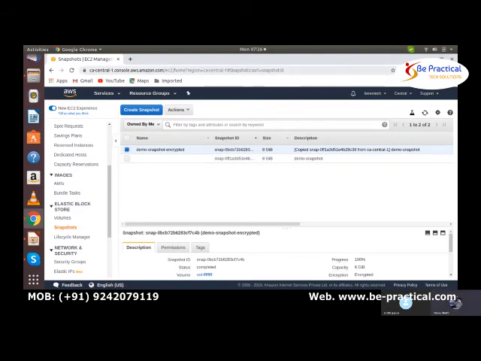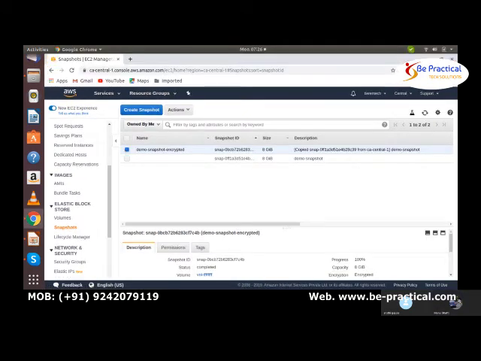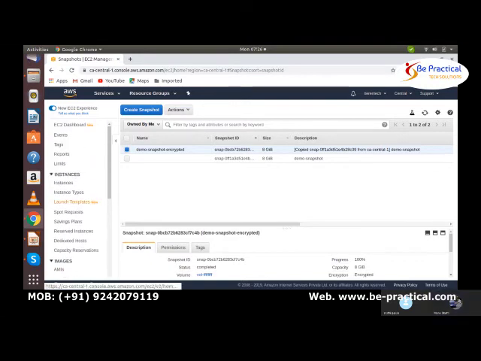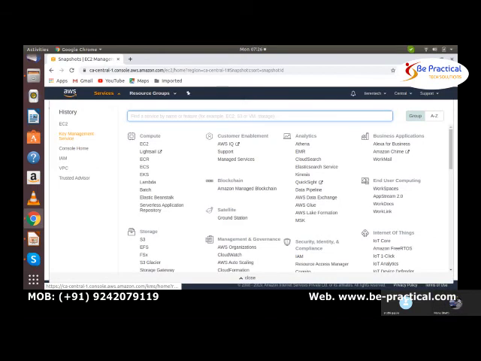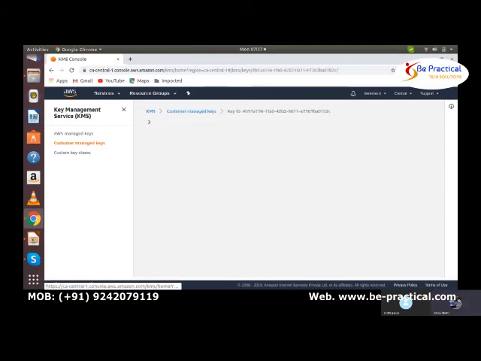Let us do one thing. Let us go ahead and share that key also. I have come to now. Okay. So here this is where I created my snapshot and shared it. So I will go to the KMS service and go to the key with which I have done the encryption. So this is the key with which I have done the encryption. Select that key option or click on this.